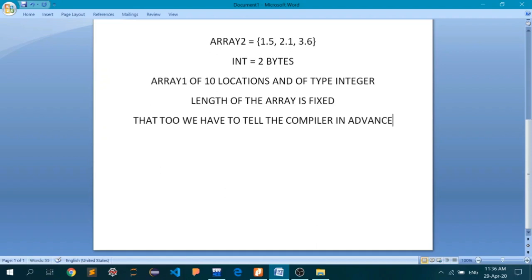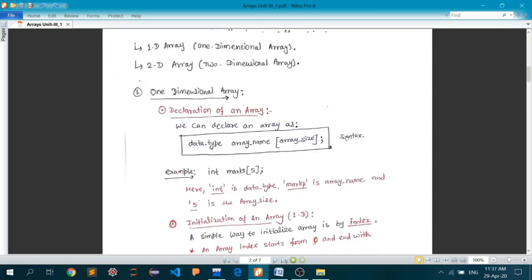The second disadvantage, in my view, is that it should be of the same data type. It basically puts you in a constraint where we have to store multiple data points, but they are not of the same type. So these are the two disadvantages that you can write.